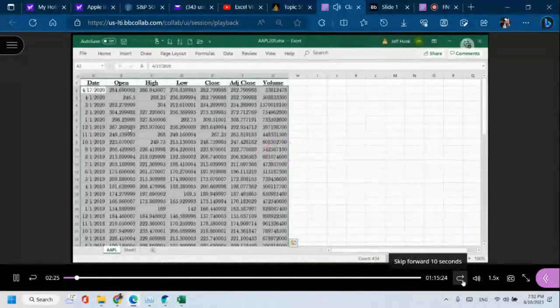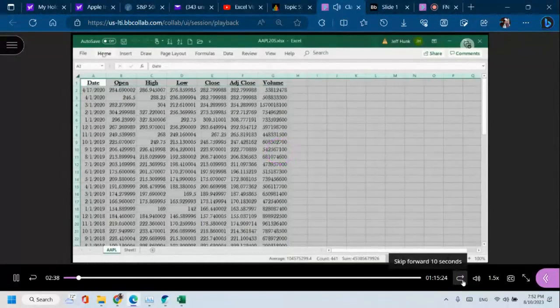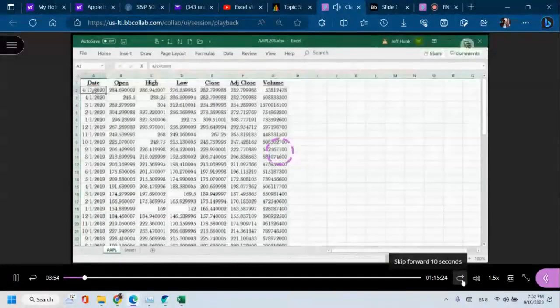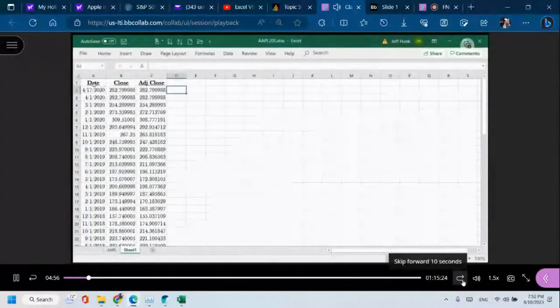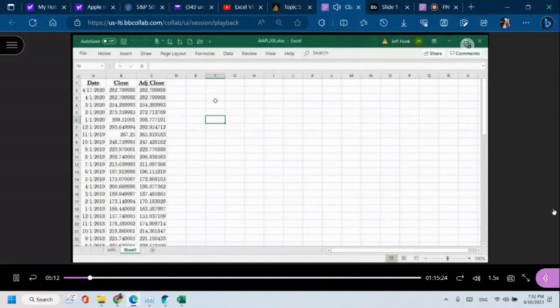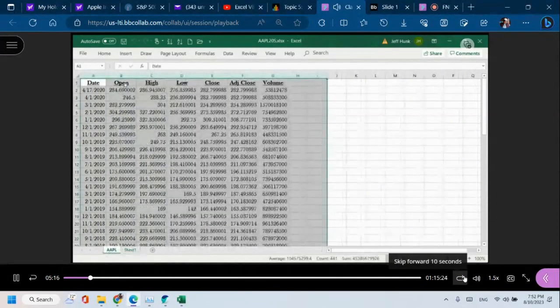So I pasted it into my next sheet, and then I deleted all the other columns, leaving only close and adjusted close price. Last time I told you, although there are 4 price points,